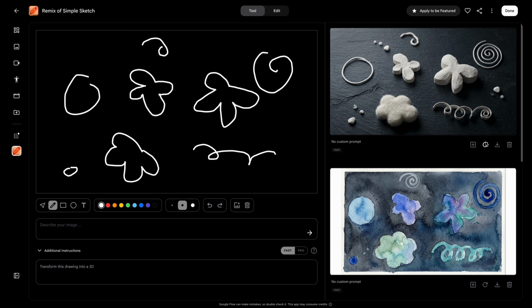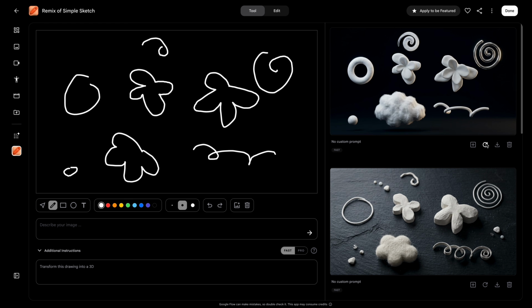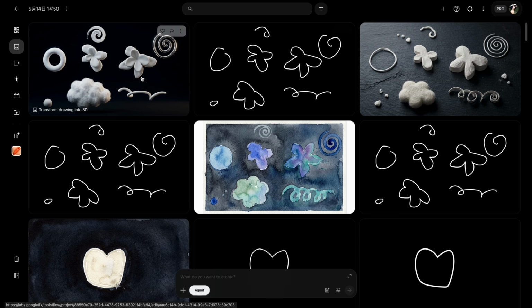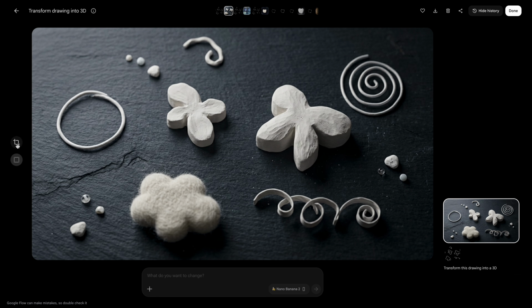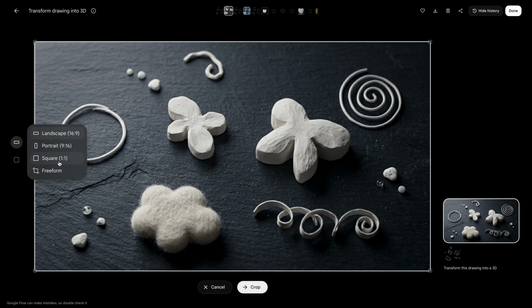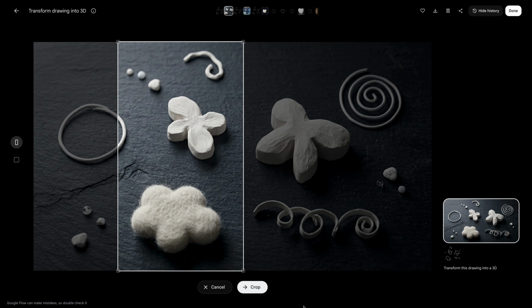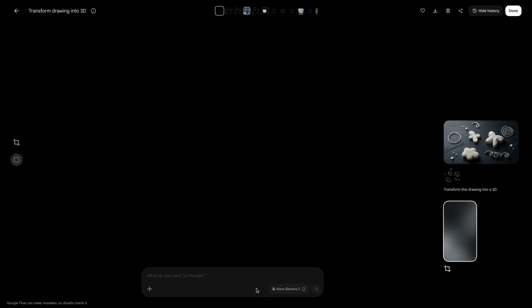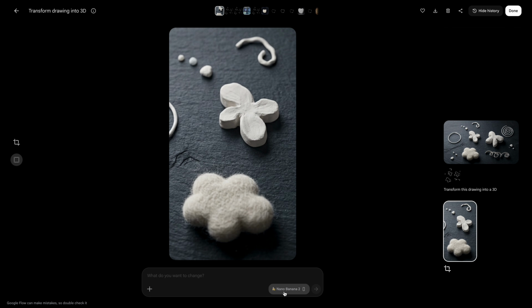If you are not satisfied with the generated result, you can just click this icon under the image to regenerate it. Finally, if you click Image on the left navigation bar, it automatically saves your entire generation history. Here, you can change aspect ratios, switch between the 3 Nano Banana models,